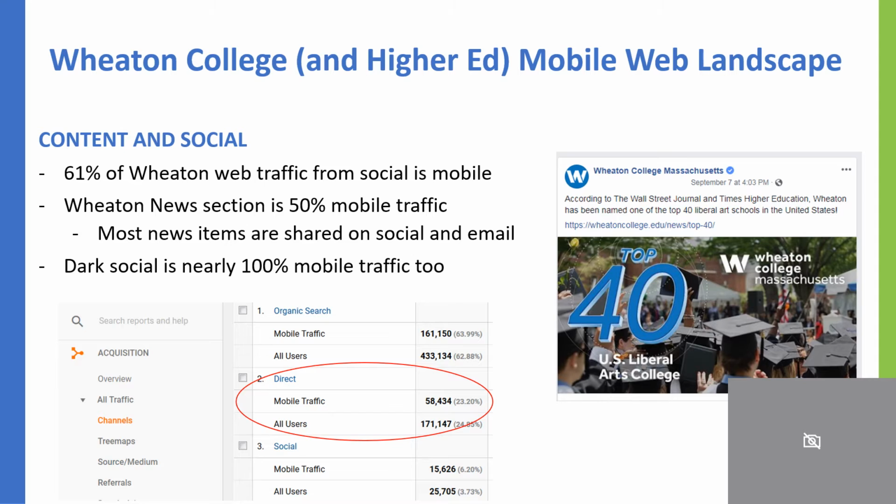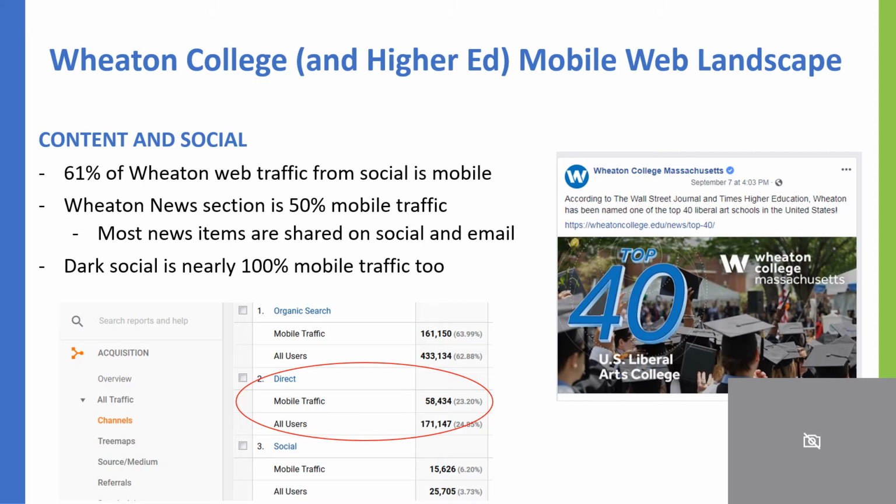Next, I want to briefly share some insights in terms of exploring your content within the social media platforms that we all are members of. More than 60% of our traffic from social is from a mobile device. So we do not want to be sharing content on our social platforms that's driving users to a website, or to other people's websites, that may not be a mobile friendly experience. So you want to make sure you're streamlining that experience as soon as possible.